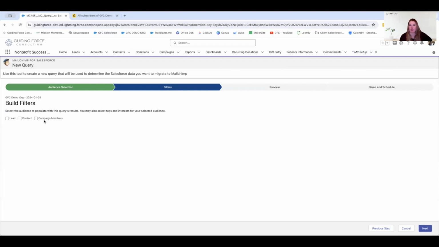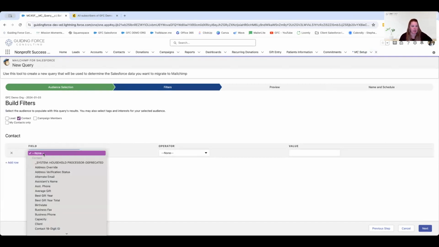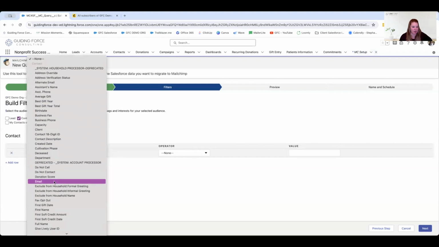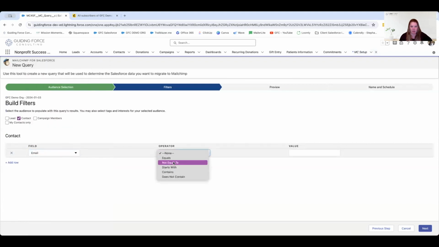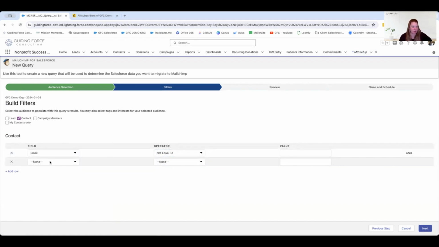So if you have people that are in campaigns because they went to an event, you can pull them specifically, whatever makes sense for you, or several of these options. I'm going to say that I want their email not equal to blank. So don't pull people that don't have an email. And then I'm also going to add in,